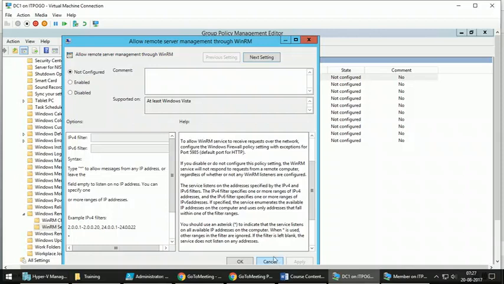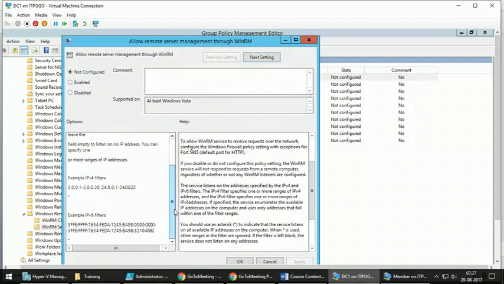Now here you can apply the filter. For example, if you want this policy to be enabled only for a specific list of IP addresses, you can give the IP address range like this. But if you give star, it will enable it for all the IP addresses. These are the IP address filters. For IPv4 you can do it like this. For IPv6 you can do it like this.